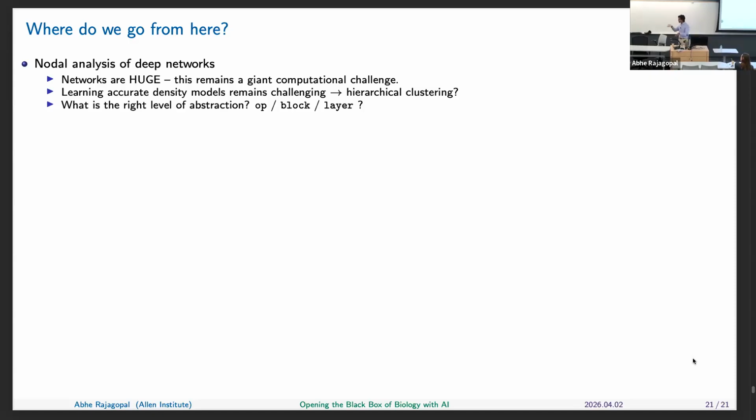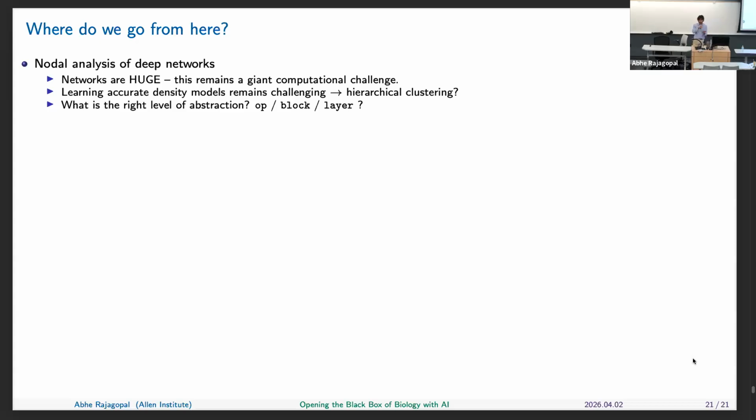But stepping back a little bit, I think the question that we need to answer is, which layers should we be looking at and what level of abstraction should we be applying? As an example, maybe in your network you have the addition operation. I took a vector and I added 5 to it. Should I really be looking at that nodal function? Is that important? Or is it just a simple shift and I should skip over it? That type of logic I haven't implemented, and we need to figure out how we think about this. What's the right level of abstraction?